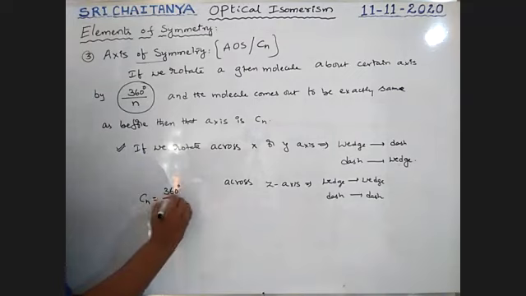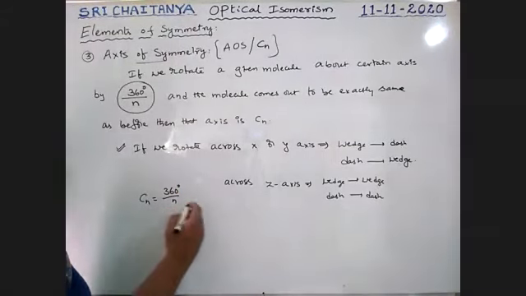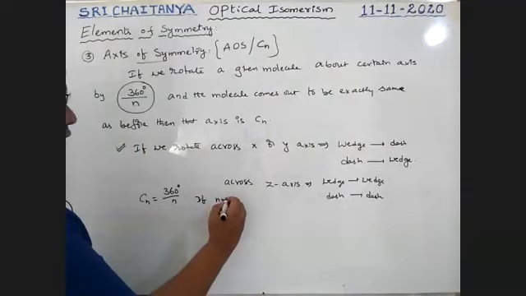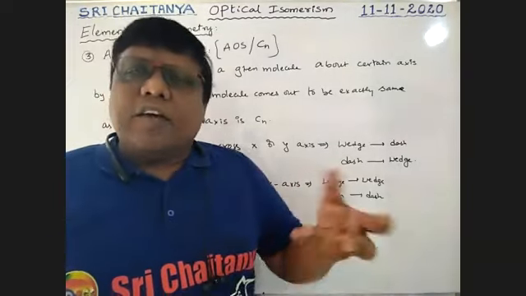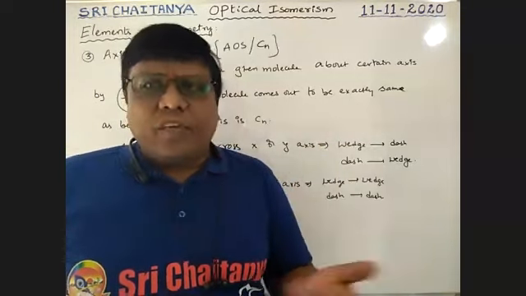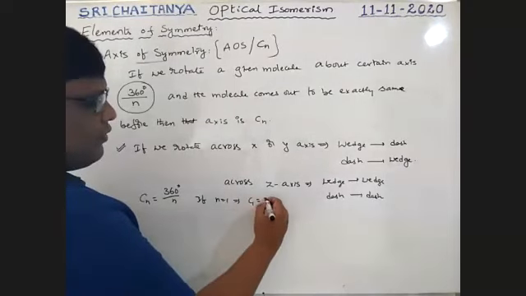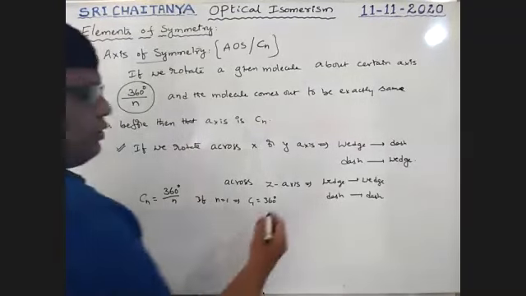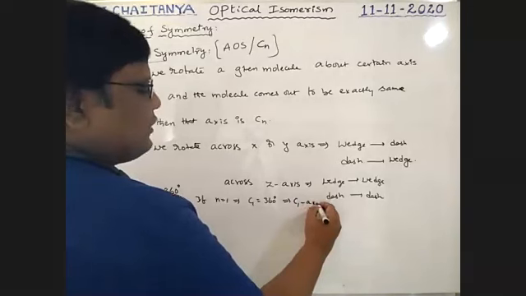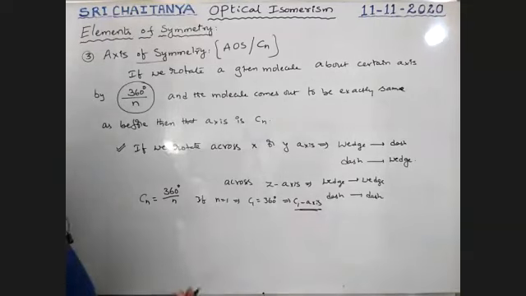Cn. What is that Cn? That is 360 degrees by n. If n is equal to 1, it means the molecule is rotated 360 degrees. After 360 degrees rotation, we will get the exact similar molecule. So C1 is 360 degrees. How much can you rotate? 360 degrees you can rotate, boys. So this is called the C1 axis of symmetry, which is identical.